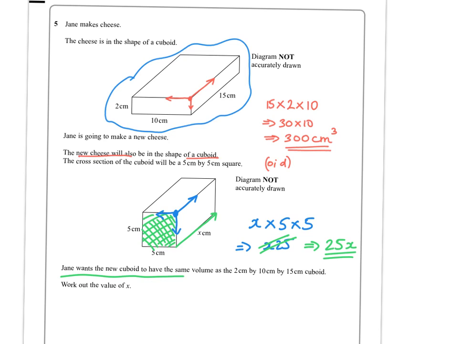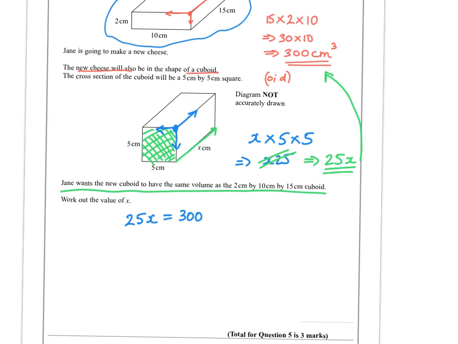Now it's got to have the same volume as the one before. So if you think about it, these would have to be equal. So you'd have 25x would be equal to 300, and then I would divide both sides by 25, and how I'd have x is 300 over 25. Now to me it would be contentious to see whether that would be acceptable for the 3 marks, but